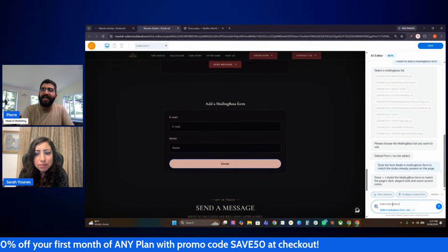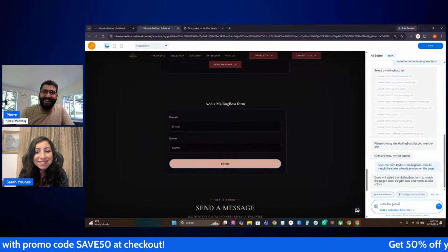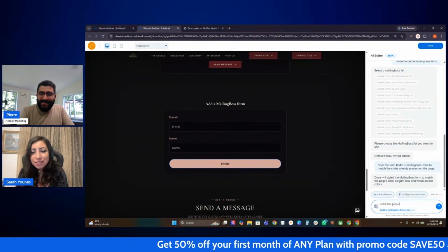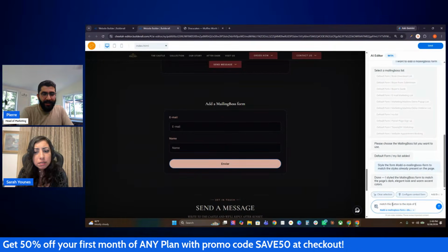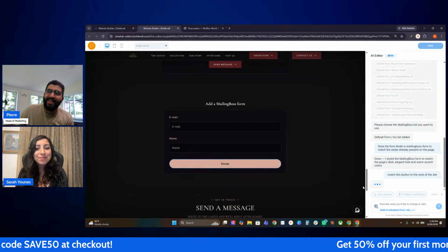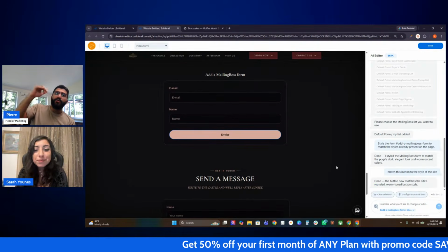This, of course, is a beta product, so we're testing it here live with the asterisk that this is a beta product. So match this button to the style of the site. Cabin TV said this is great with a big thumbs up. I completely agree. This is awesome. And for me, the possibilities of getting a uniform...